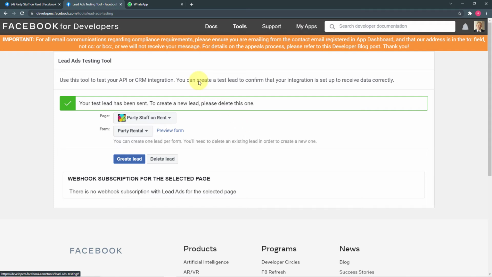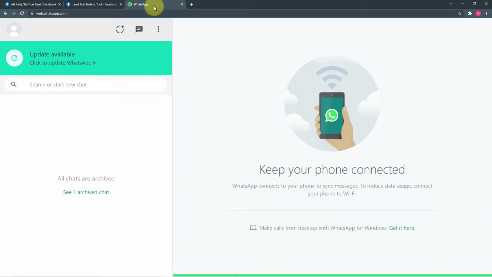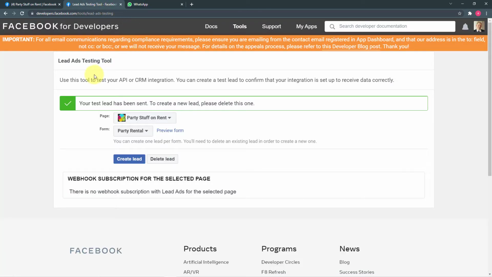Now we will check the WhatsApp account of the lead here, to see if it receives any message from our side or not. So Facebook uses a polling technique to send the data. So it might take 3 to 4 minutes to get the message here on WhatsApp. So we are going to wait for 3 to 4 minutes, and then we'll check if this WhatsApp account of our lead receives the message from our side or not.